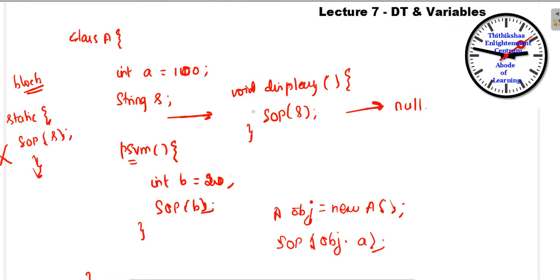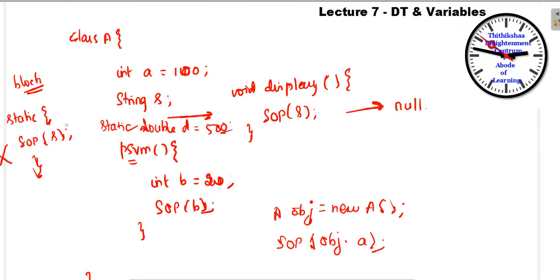Within the main method or any method which is not static, that belongs to the class. Here I am not using any static keyword, so it belongs to the class, so I can print this value here directly. But when a method or a block uses a static keyword, inside it this instance variable cannot be printed directly, you have to call it with the help of an object. You have to create an object like this, then you can call this value. This is one difference. Say for example, I have a static value, static double d equal to 500.